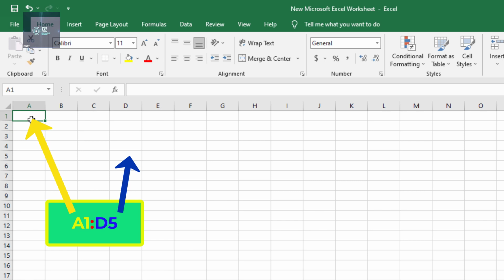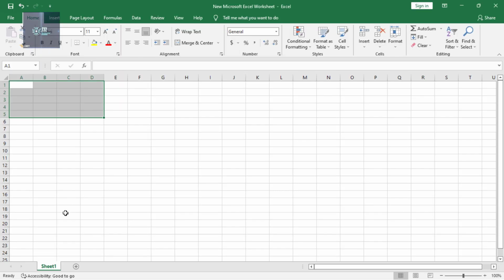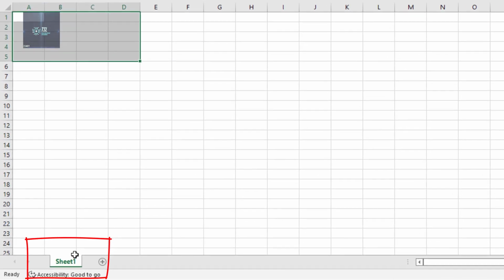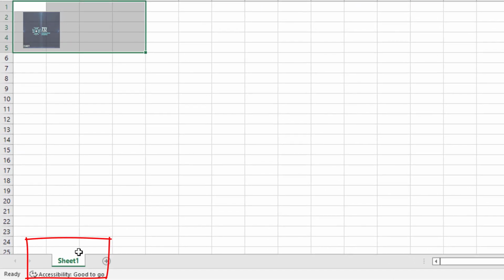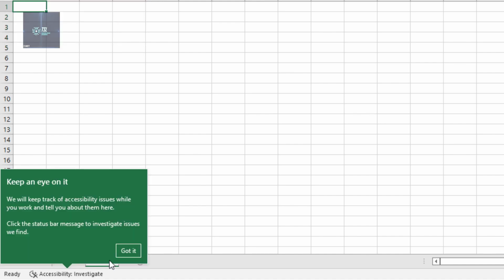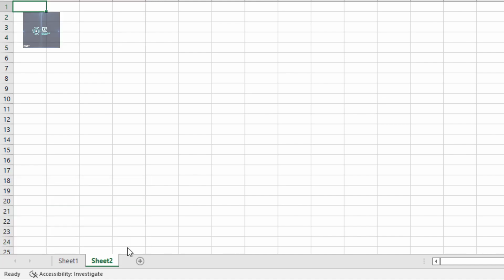and the second cell is the lower right corner of the range. At the bottom of the screen, you will see a sheet tab indicated by Sheet 1. Clicking at the plus sign adds additional worksheet. This is how you open or add a worksheet within a workbook. To see how this works, click on the plus sign to add another worksheet so that you now have two sheets. Click the Sheet 1 worksheet tab at the bottom of the worksheet to return to the previous worksheet.